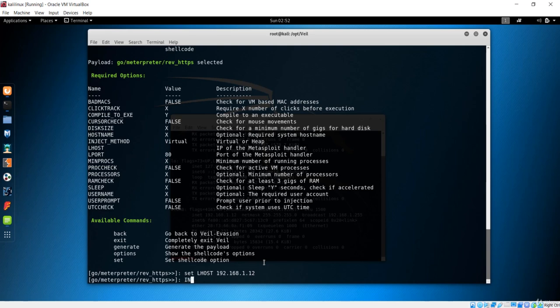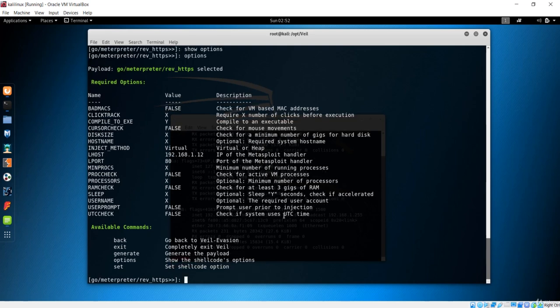And if I say info again, it is only the options, not show options. So we can see now we have changed this LHOST. We now have the LHOST with the IP of the Metasploit handler. We haven't seen Metasploit yet. This is also a framework that is going to give us a connection, but we are just saying that we want this handler, which is basically the communication. So this is the parameter which is going to give us the communication between the client and the server.